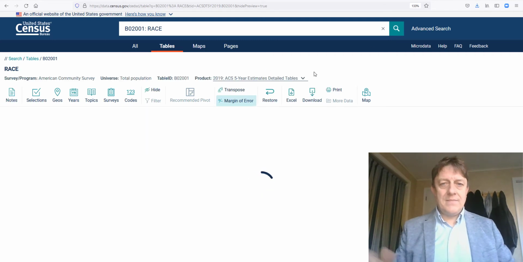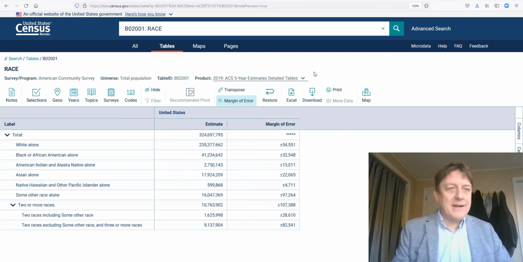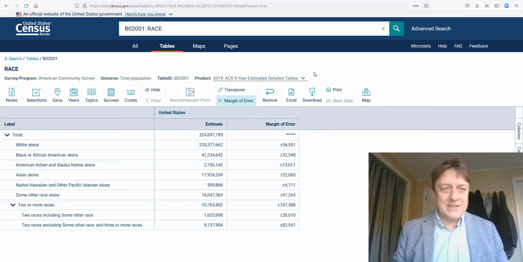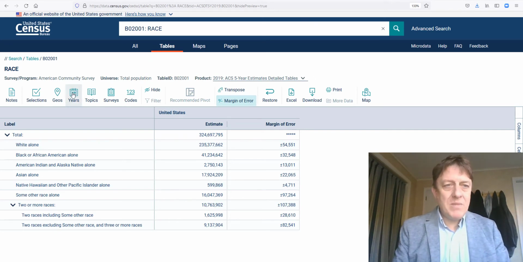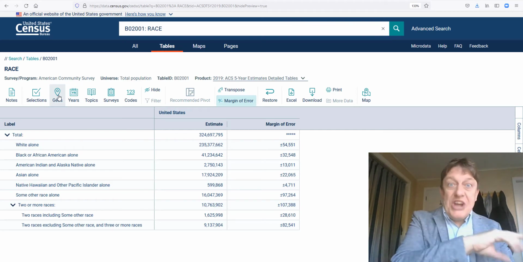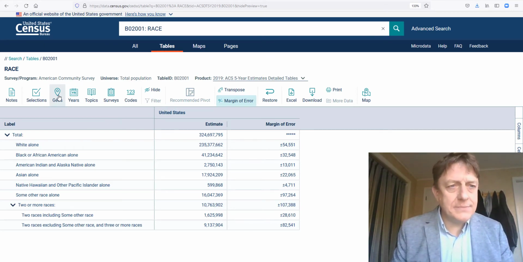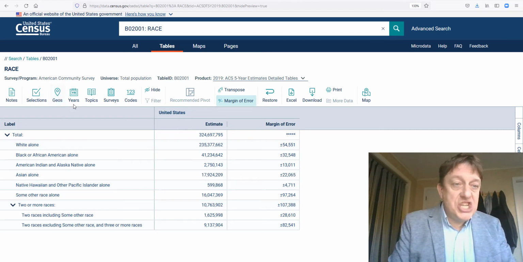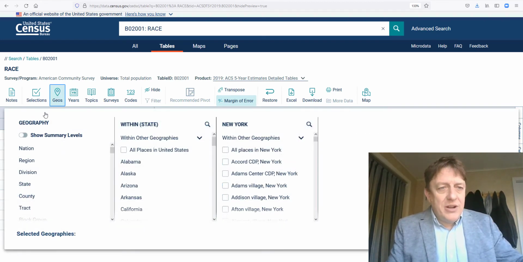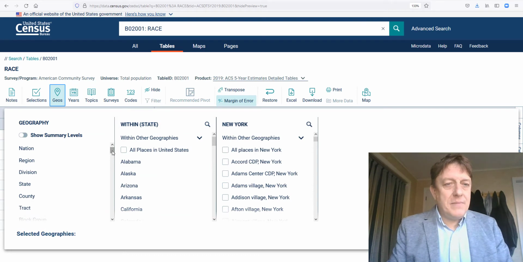5-year estimates. Okay, and now it's thinking about it, and it says, okay, you want the 5-year estimates. Well, for the United States as a whole, it's looking pretty much the same, because things don't change that quickly over time unless we have really unusual times. Now I'm going to go back to geos, and I'm going to start again, and I'm going to be looking at